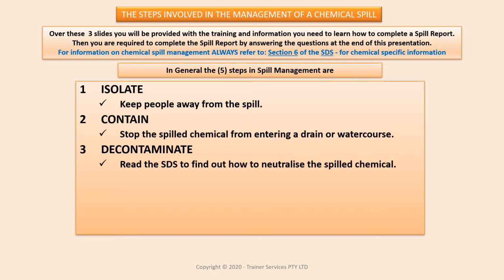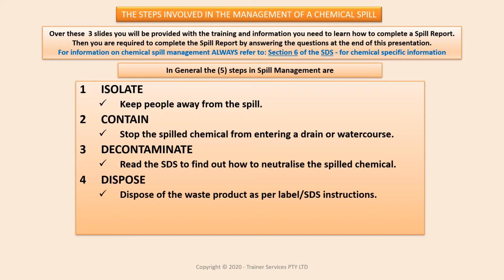The third step is to decontaminate the spill, and to do this you may have to read the label or the safety data sheet to find out how to neutralise the spilled chemical. The fourth step is to dispose of the spilled product. You can do this by reading the label or the safety data sheet, or you may have to contact a